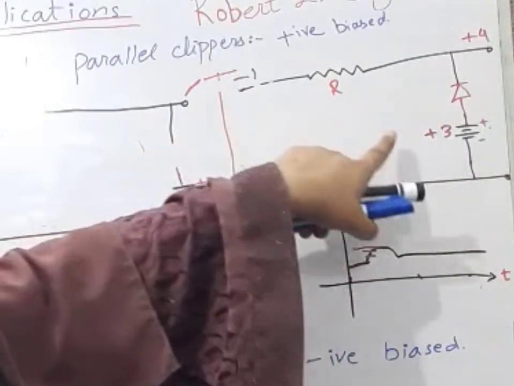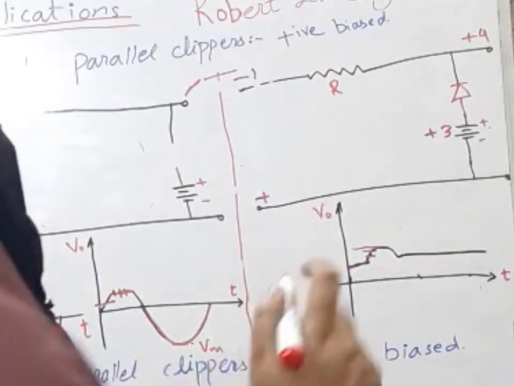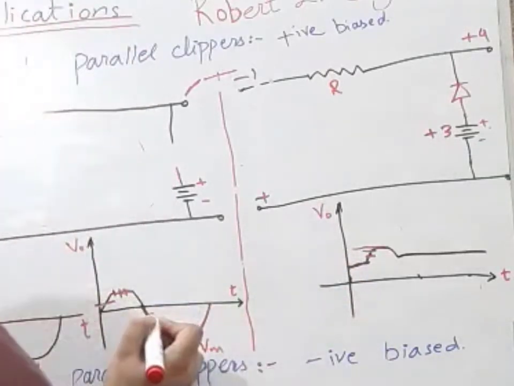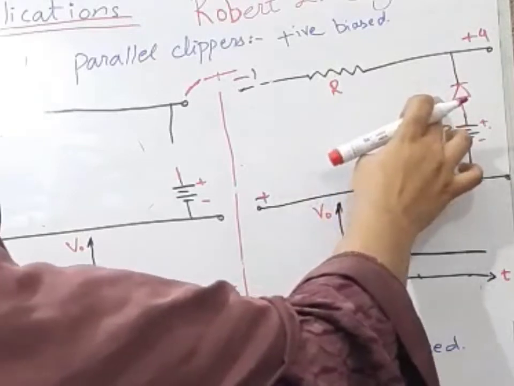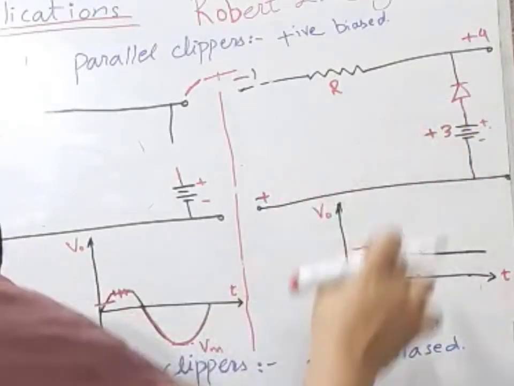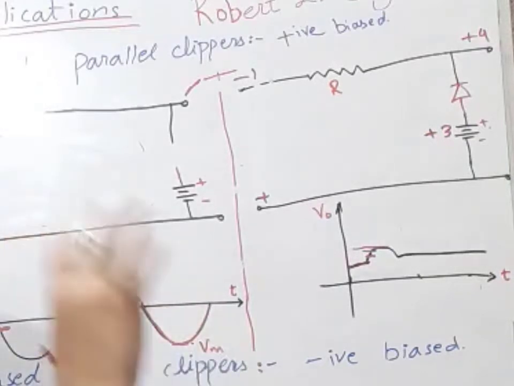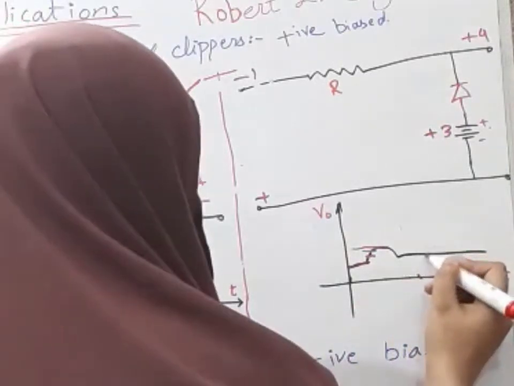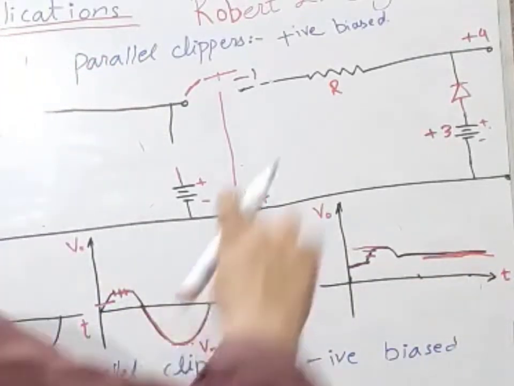Both are trying to make this diode forward biased for the negative half cycle. So for -1, it is trying to make this diode forward biased. Our battery is also trying to make this diode forward biased. So that's why we get the potential of battery for the negative half cycle, because both are trying to make